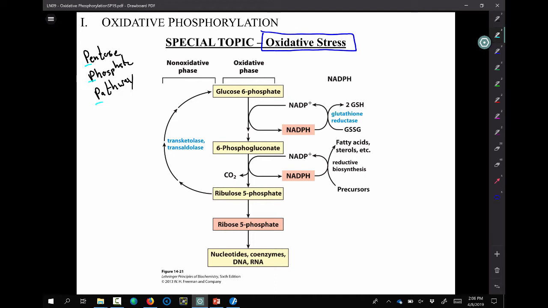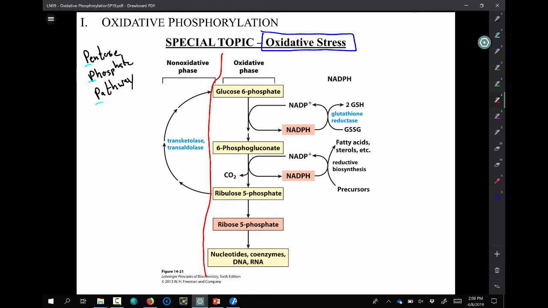And I'll mention some of those functions beyond just its connection to oxidative stress, though we'll, of course, talk about what it does in terms of oxidative stress as well. I'm not going to go through the pathway in a step-by-step method and all of the enzymes in it. I will mention a couple of the enzymes, and then we'll just leave the rest to your imagination or your own research. But the pathway can be split into two phases. And a cell doesn't have to run both phases. It can run either one or the other.